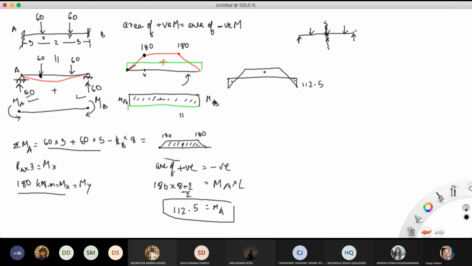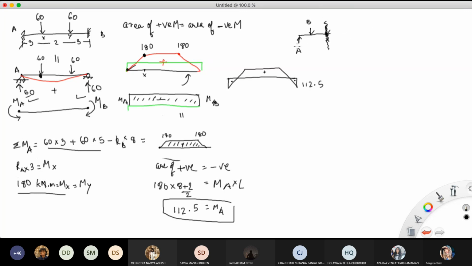Okay. Once you draw the cutting line, what you do is that you let go of the left side or the right side of the beam. Now this is called the free body diagram. Okay, now you only take this much. Now you have to figure out, let's say this is A and let's say this is B.